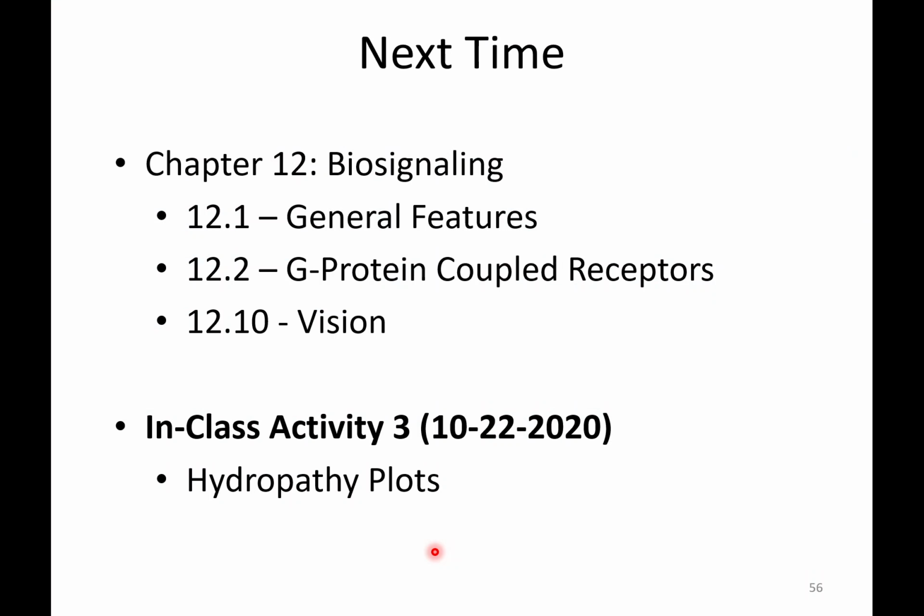Okay, so next time we'll move on to chapter 12, and we'll cover the first part of chapter 12, sections 1 and 2. Chapter 12 is dealing with biosignaling. We'll talk about the general features and then talk about G protein coupled receptors. And then we'll jump to section 10, which covers a specific G protein coupled receptor, and that is involved